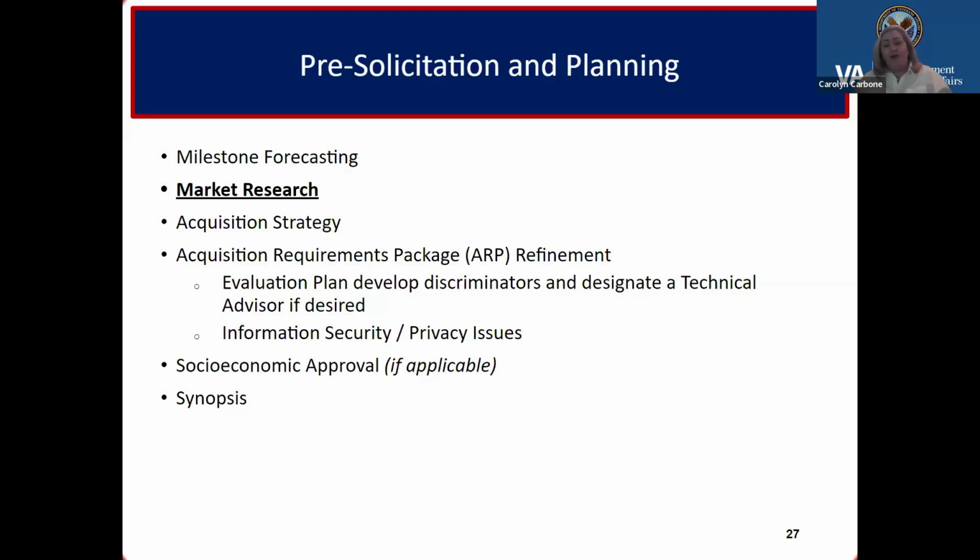Really understanding, are there any information security or privacy issues? Being in the IT buying world, we are very familiar with this. There's a lot of regulations and laws around information security and privacy issues. And then within VA, we have a special requirement for socioeconomic approval. So we're held a little bit beyond what FAR 19 requires in terms of the two or more set-aside rule. We have some more